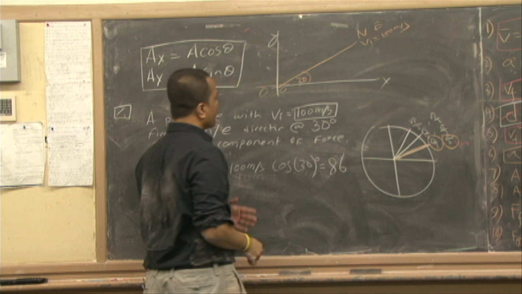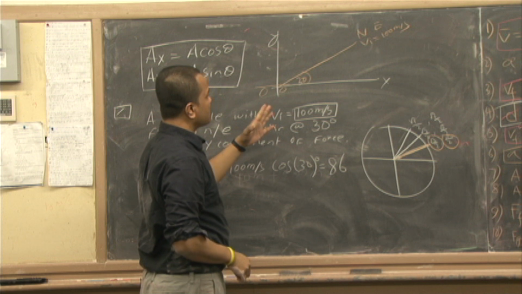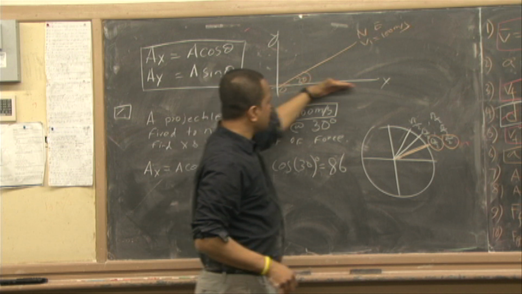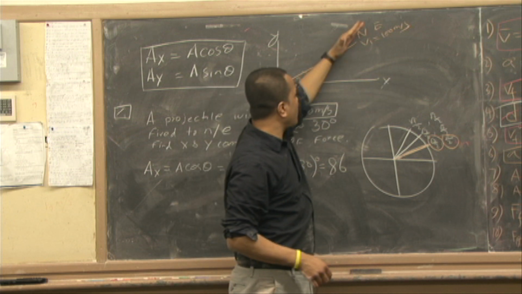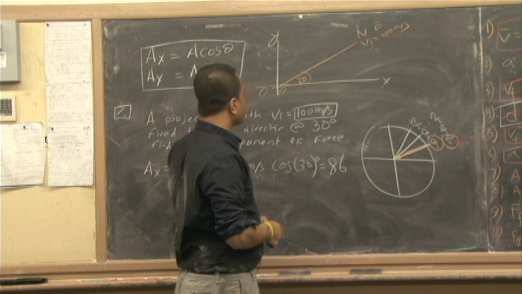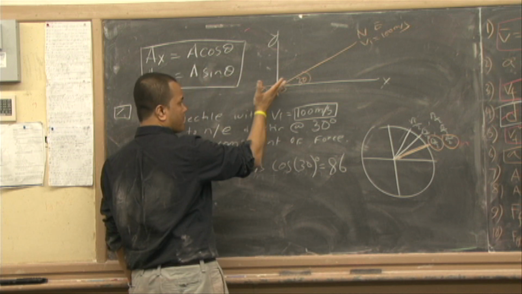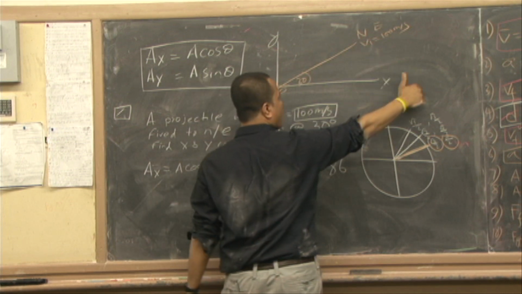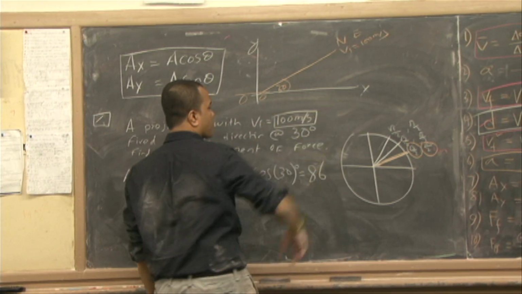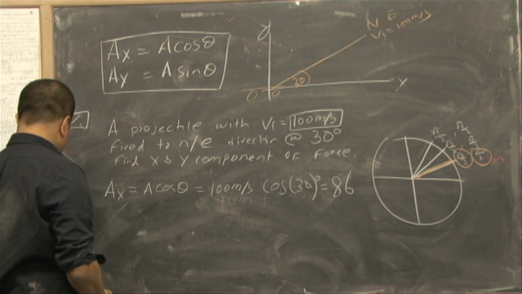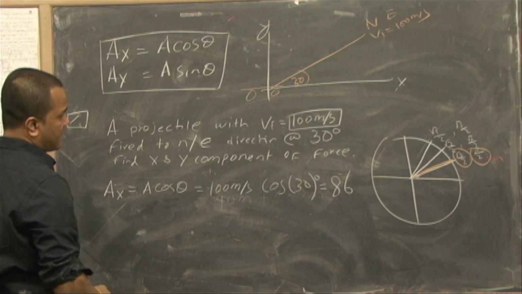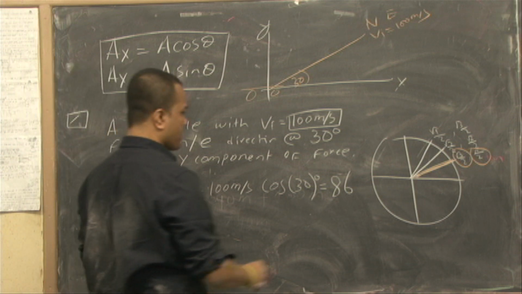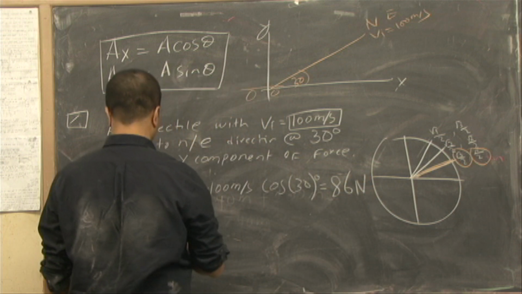Okay, so now this is a vector quantity. This has a force on this direction and force on this direction. Why this direction? Because the projectile was fired on this direction, but it will fall back to the earth due to the gravity. So that's why it has two components, and the component on x direction is 86 Newton, and the y direction one is